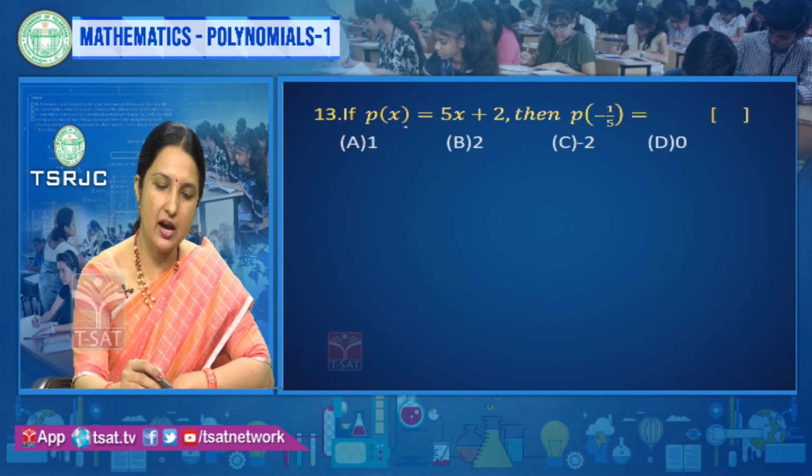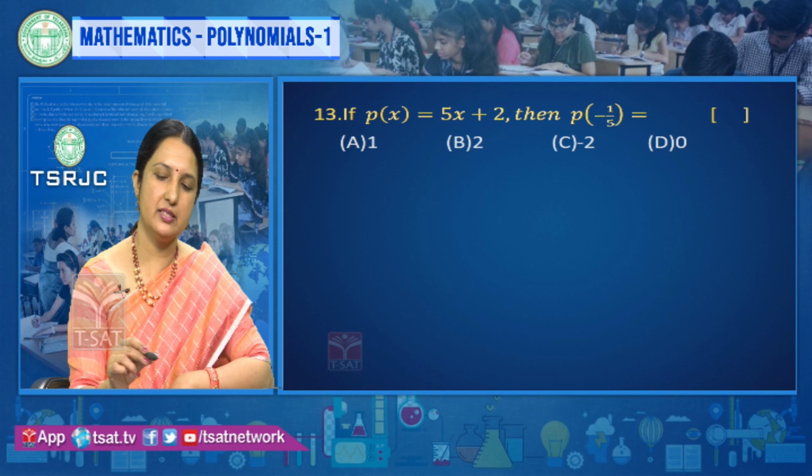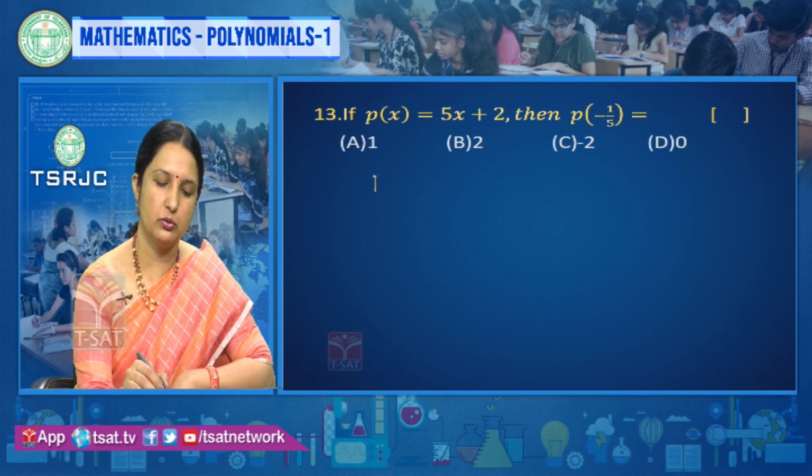Next, if p of x equals 5x plus 2, then p of minus 1 by 5 equals how much? P of x equals,